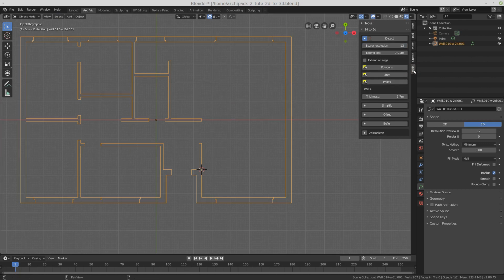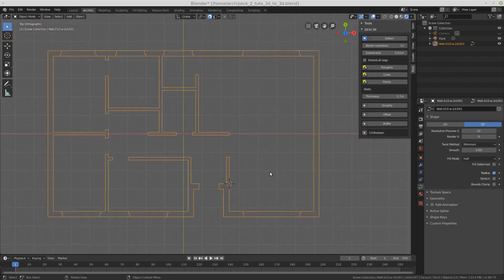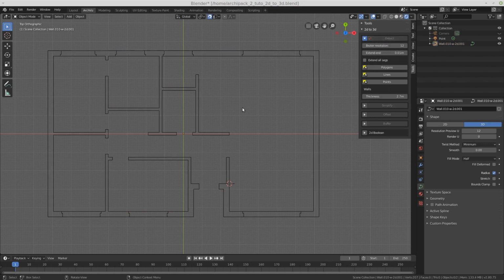It's in the tools, with a curve selected or many curves. You have this tool. First thing, I select my curve and hit detect. This is the starting point. Next, I got 3 tools.